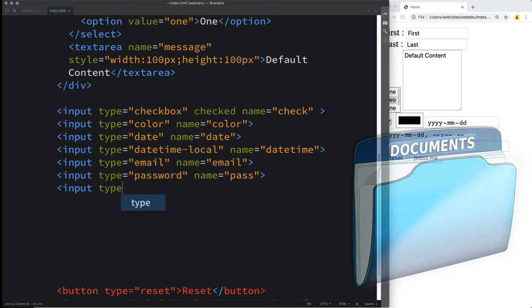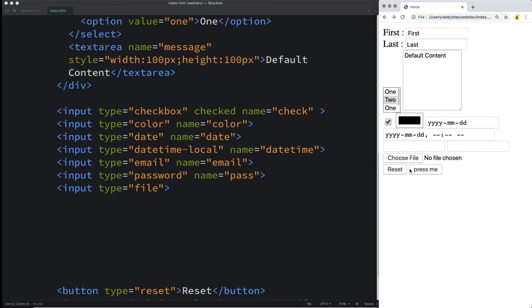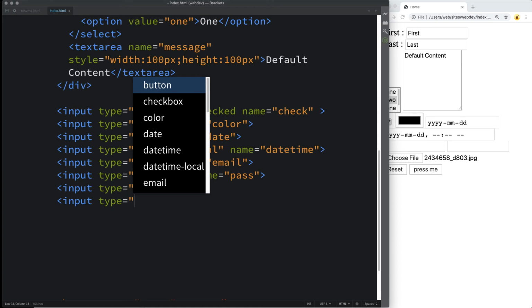So next is type file. I'm going to give them names, but you should give them names if you are actually going to use them. Again, just for demonstration purposes. The way that file works is, if your form requires any type of attachment of files, then you can upload and select the file from the choose file. Depending on the browser, this is also going to show up differently. So just selecting a file quickly, it will list out the file name. And keep in mind, it will look different depending on which browser your viewer is accessing the form content with.